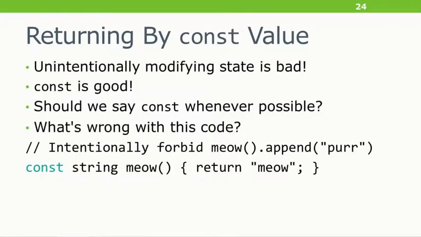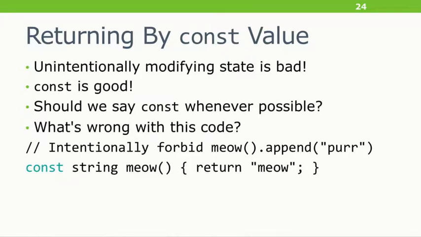So imagine, let's go back, simple C++98 example. We're taught from an early age as programmers, in kindergarten, that unintentionally modifying state is very bad, especially if you give some object to a function. What if it scribbles in it and we're not aware that it's modifying our state, especially if it's like global? That's really bad. So we want to start putting const everywhere we can. And I'm a huge fan of this. But should we say const everywhere we can?